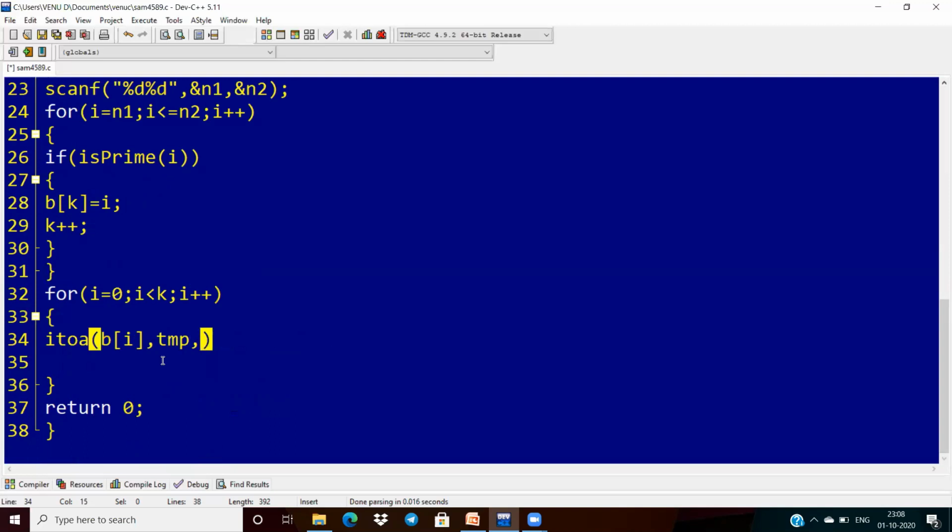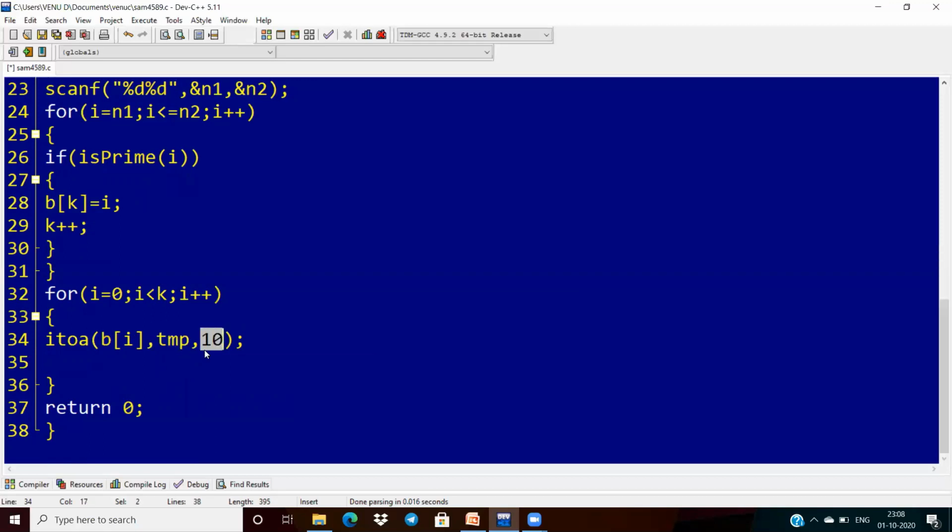After taking this, we are converting decimal to string type. So what is the radix of decimal here? 10, so that is why I'm taking this. Basically the itoa function has three arguments. The first one is the decimal number, the second one is the converted string, and the third is the radix.